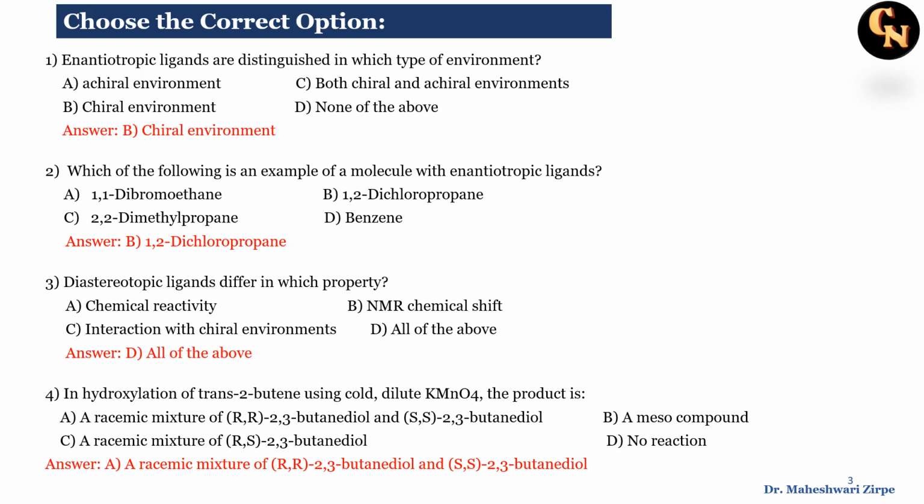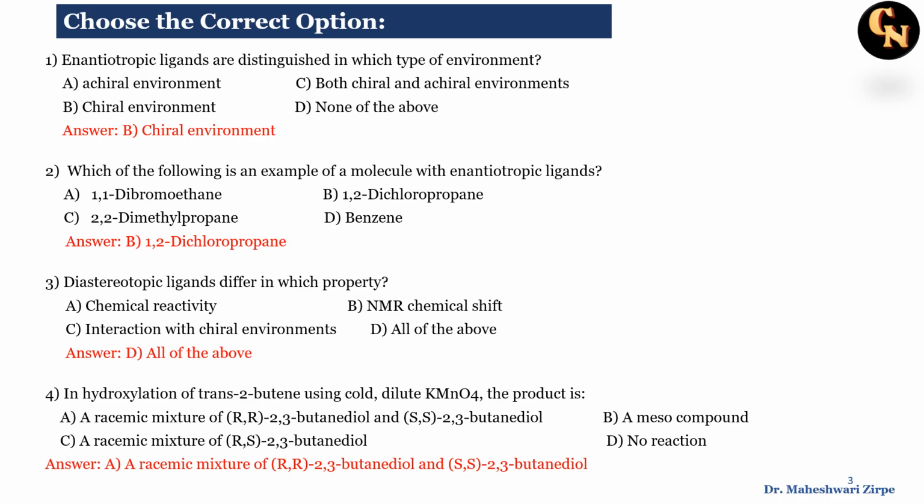So you always get a racemic mixture, because it is stereoselective. This is an example of a stereoselective reaction where trans-2-butene will always give you a racemic mixture. So option A is the correct option, that is